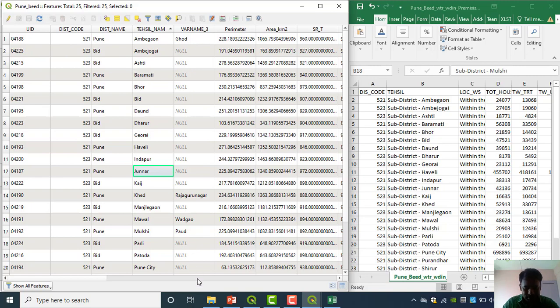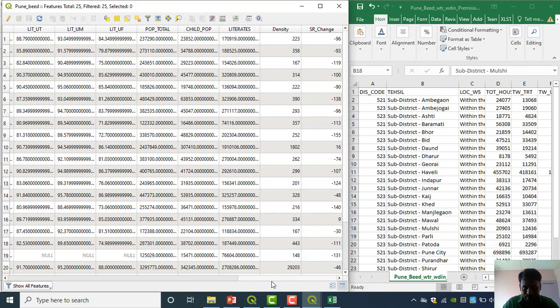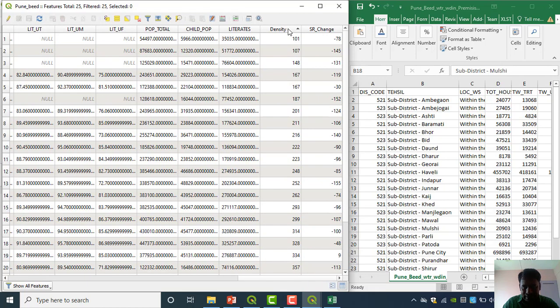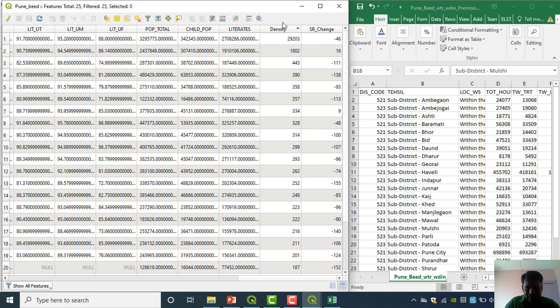Then what is next, which one is easy? Can we take density? We can take density because it is a small number, and we can generate the density column very easily here. I want to arrange this density column near the tehsil name, because we should know which tehsil's density it is. On the basis of that we are going to generate our primary key.